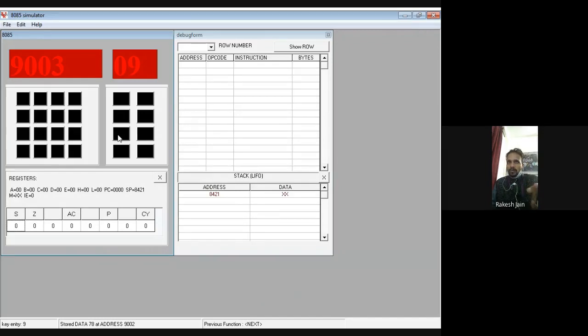And at 9003 my data will be 09, so 0 is this one, 9 is this one. Now one more time click on next.